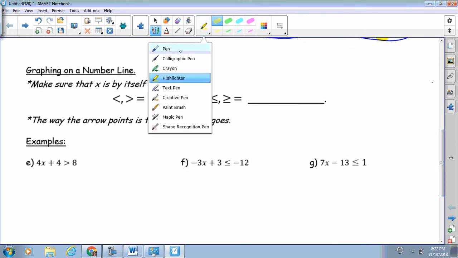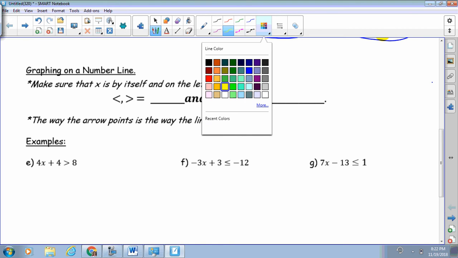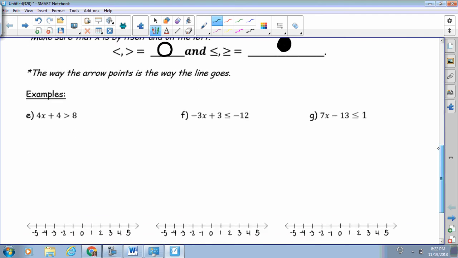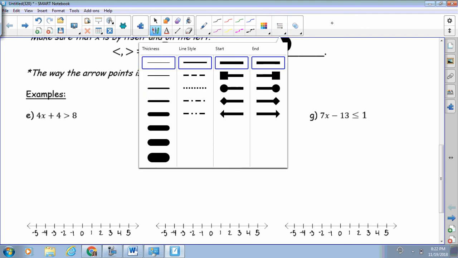Now let's graph them. So again, if it's just less than or greater than, it's an open circle. If it's less than or equal to or greater than or equal to, it's a closed circle. Arrow points the way the line goes. So, for example,